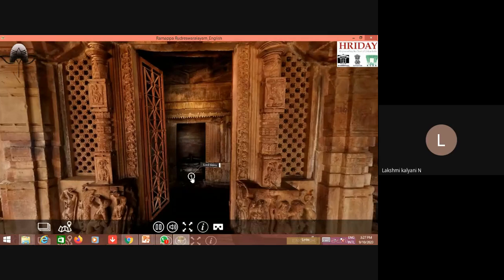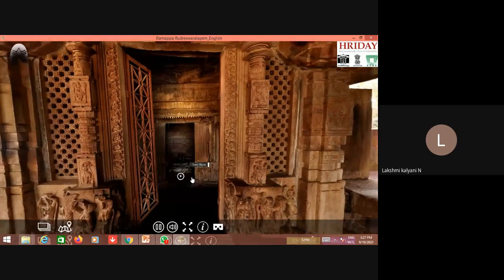In a subsidiary shrine in the north, beside the main temple,